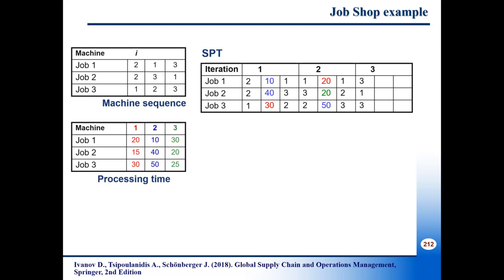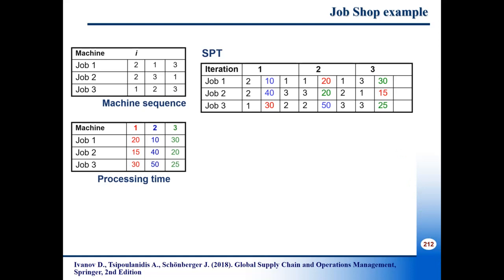And then we check the processing time from the lower table: job number 1 processed by machine number 3 takes 30 minutes, job number 2 processed by machine number 1 takes 15 minutes, and job number 3 processed by machine